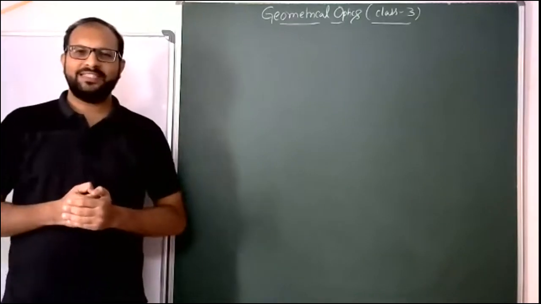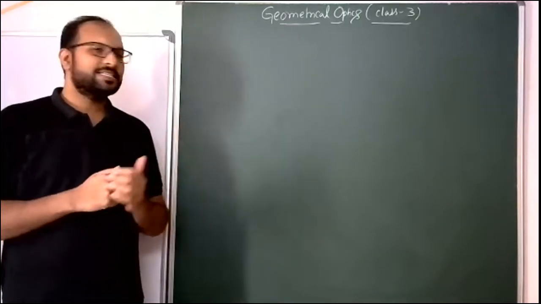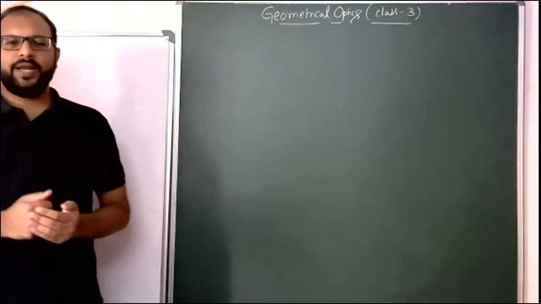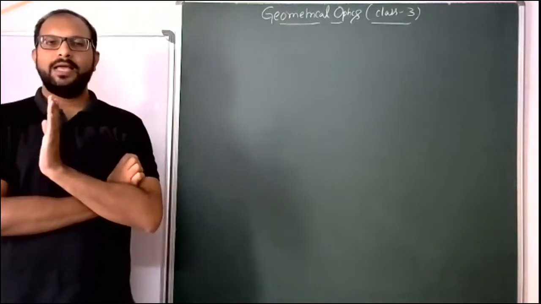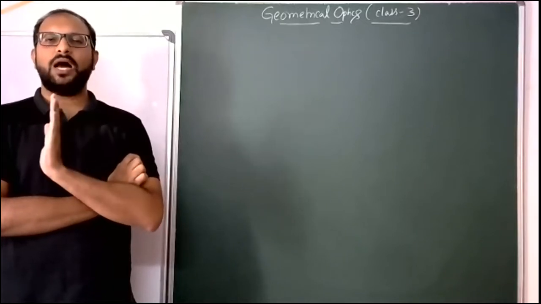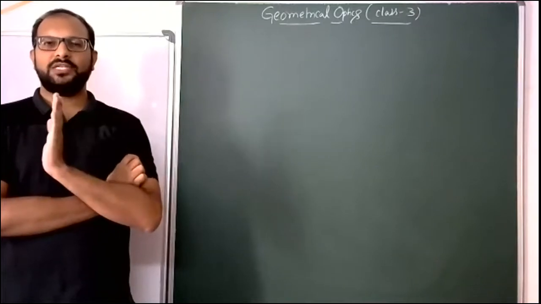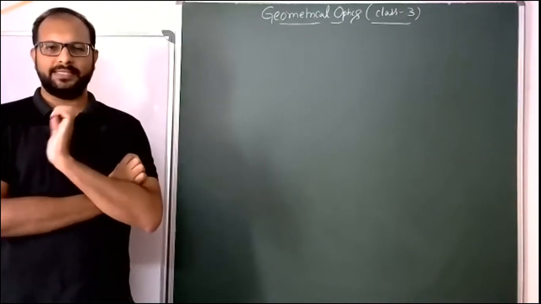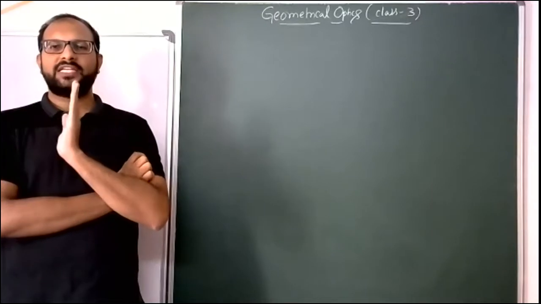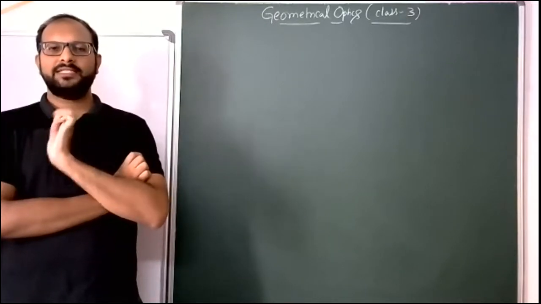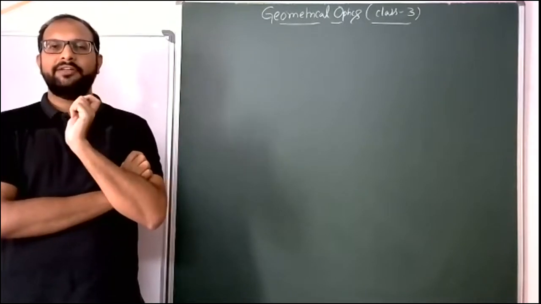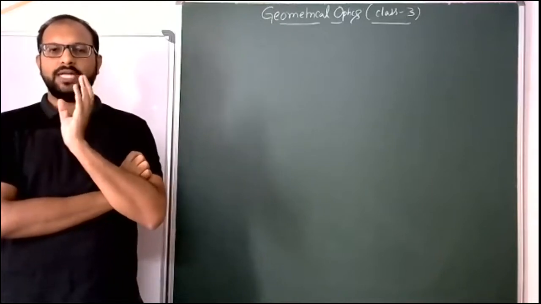Yes, two classes completed. So now we enter into class 3, geometrical optics topic going on. Students, in the first class, the technical meanings of object, real object and virtual object, and image, real image and virtual image were completed. Then in the second one, principles of reflection, angle of incidence and angle of reflection. That means indirectly how incident ray and reflected ray are related. So those principles completed.